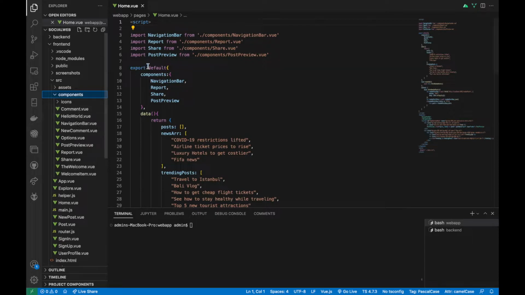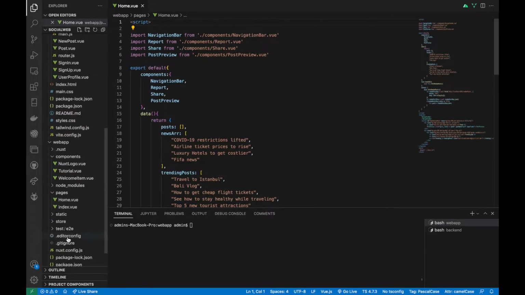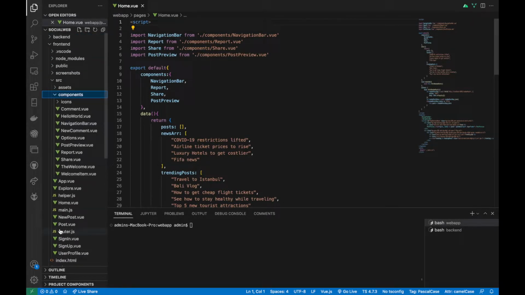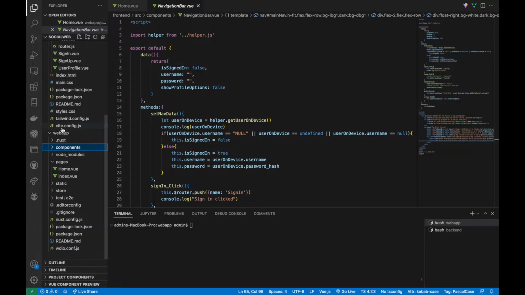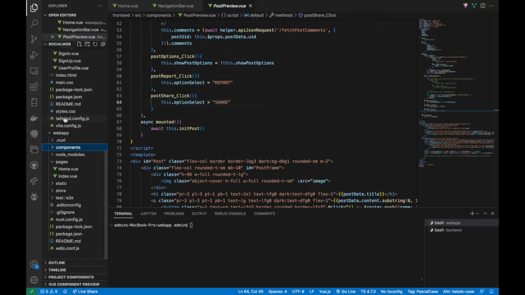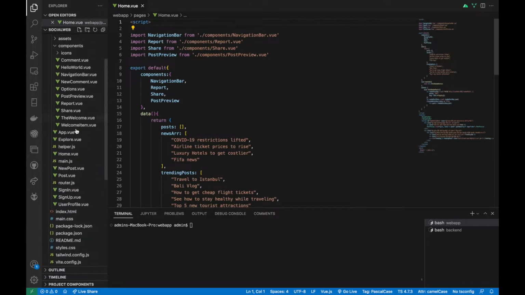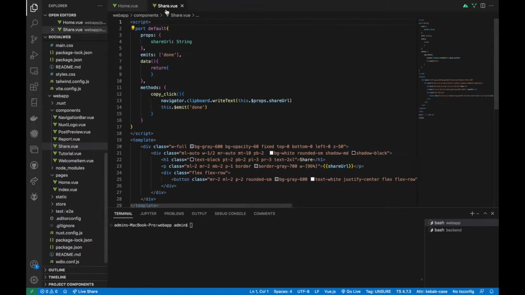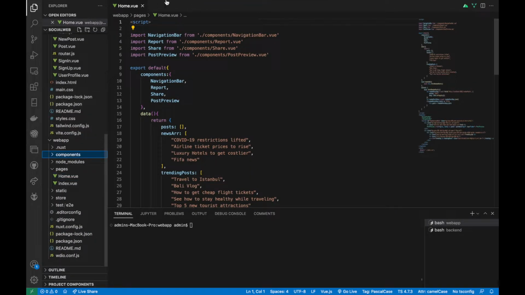Now I'm going to move these components into the components directory of my NuxtJS application. Now that I have copied the necessary components required for my home page,